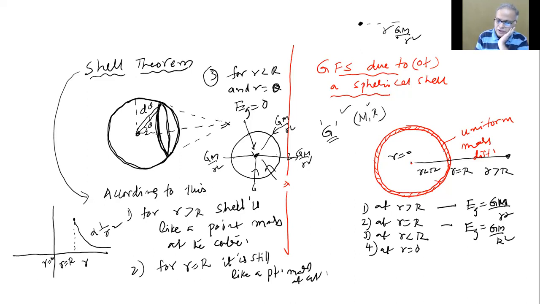But now when you take a shell, is it a point mass? So you cannot write GM by r square just like that. But it so happens that because of the spherical symmetry, if you do a lot of maths, ultimately you'll end up with the result that at an external point, small r greater than R, it is still like a point mass at the center. So without actually calculating, I was telling you that. All right. And we can justify how it is 0 inside in a little different way.